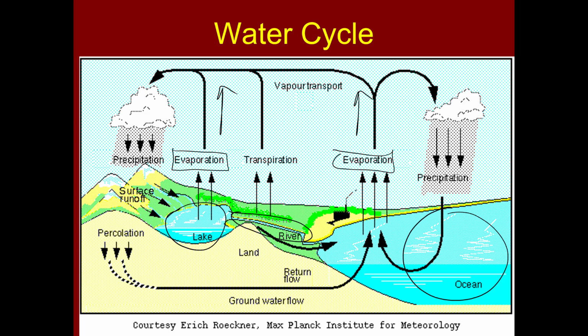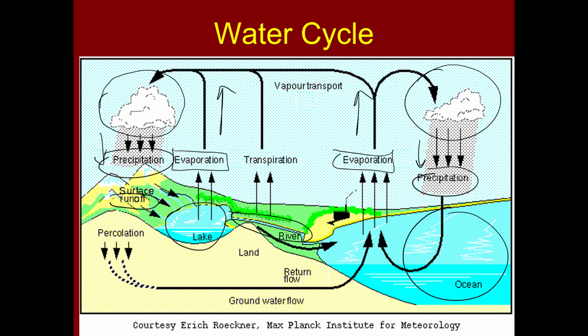Then, because it's colder up there, that water is going to condense and become liquid again. It's going to be stored in clouds, and eventually they release that in the form of precipitation. That then comes back down as snow or rain or sleet. Okay, once that water comes back down, it's going to land onto the various surfaces, and we're going to see runoff where it's going to roll over those surfaces, might roll back into a lake, a river, an ocean, or